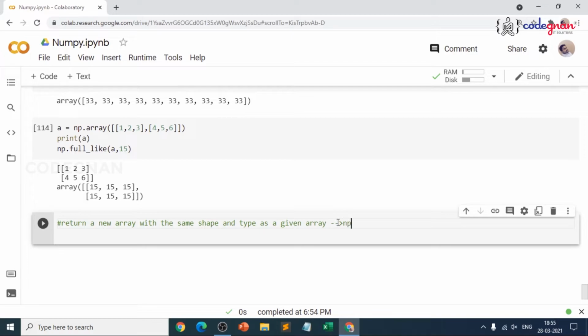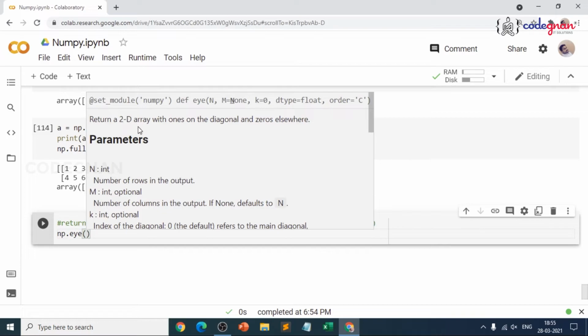So this will be for eye, that is nothing but np.eye. When you take np.eye, you are making sure of whatever shape you give. But what is the result difference we have? We'll have the diagonal as ones. Let me write np.eye of, and automatically it returns a 2D array with ones on the diagonal and zeros elsewhere. That means, suppose you pass it like this, np.eye of